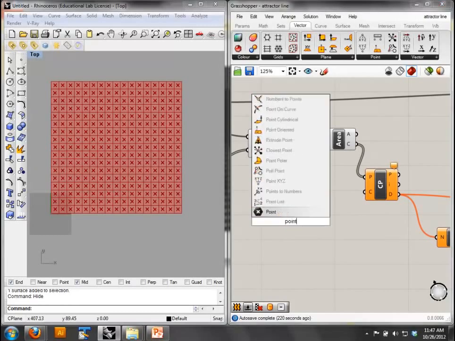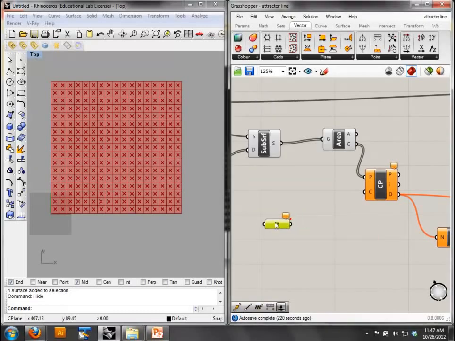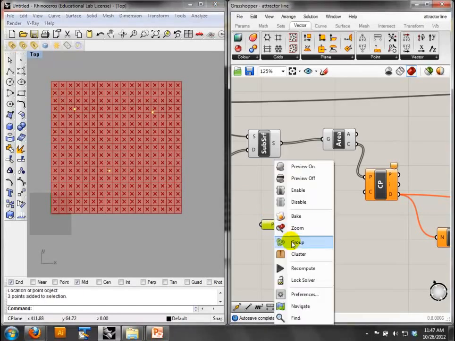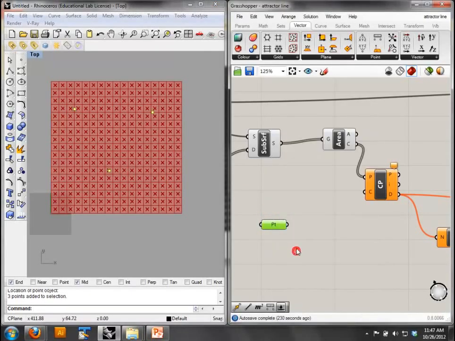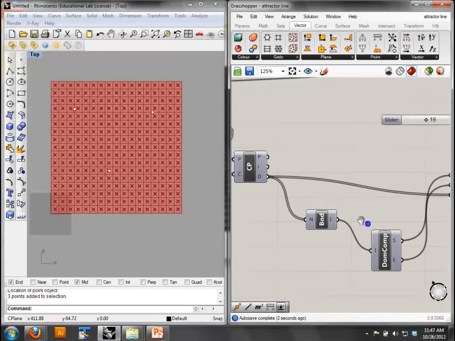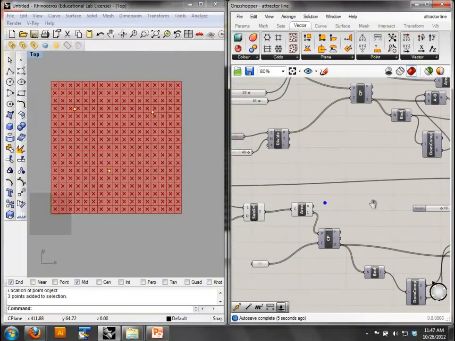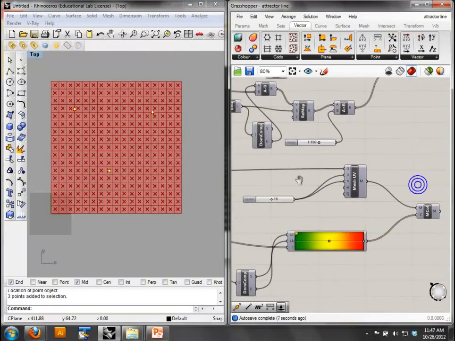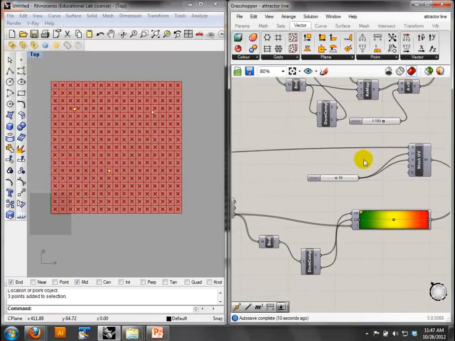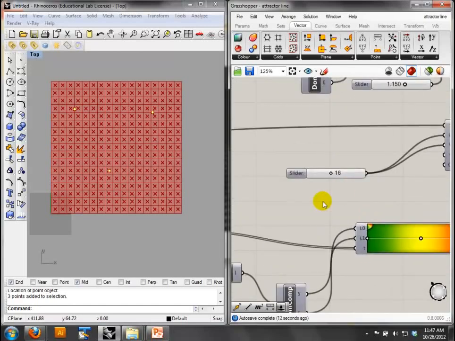Let's make some points. I'll make 3 points and reference those. Okay, and plug these in. And what I've done is I've got the bounds. Okay. So what I'm going to work with here is actually color,